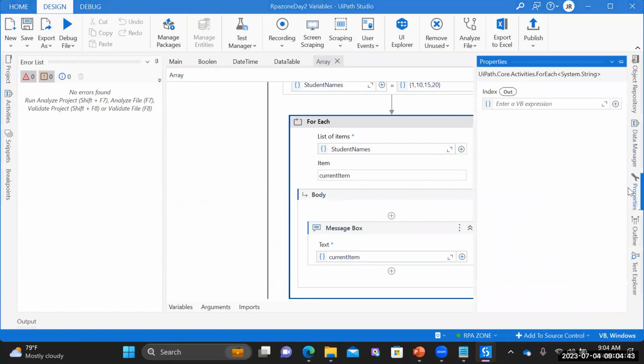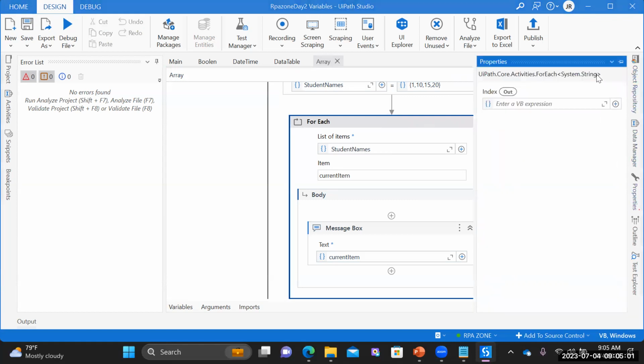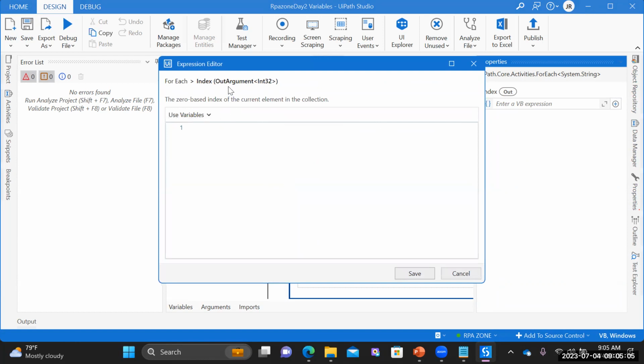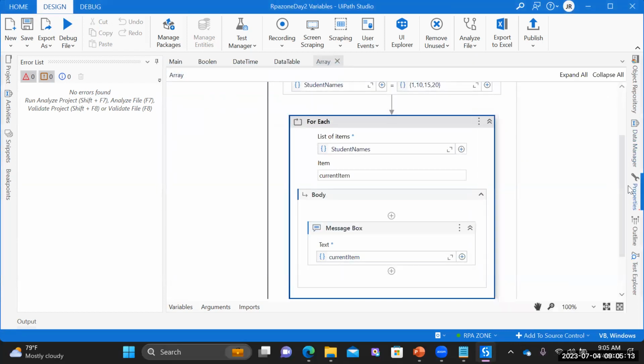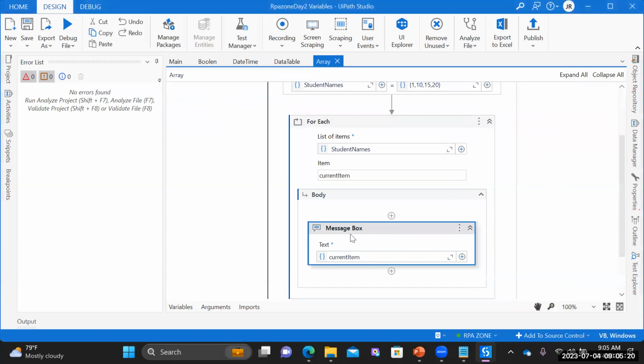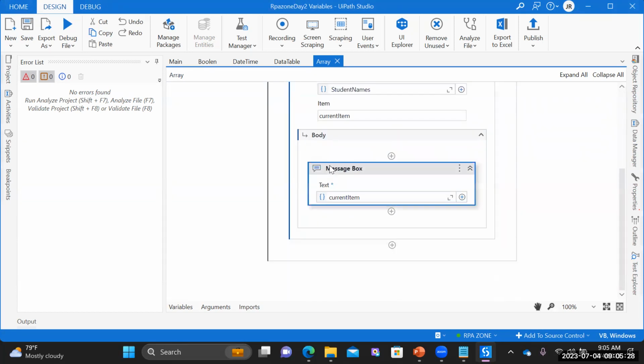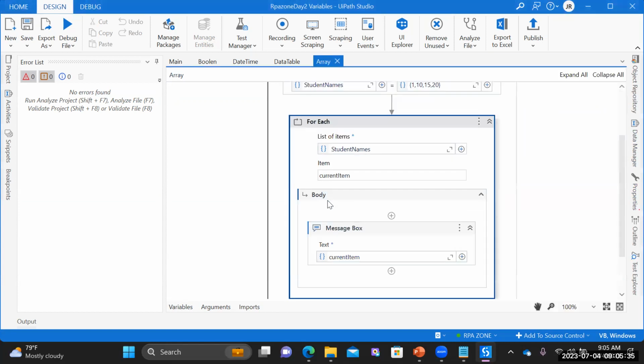What are the data manager properties? See, this For Each is System.String. It is in the string type, this For Each. It should be in the integer type, where we can change it. Let's see. We need to change the variable type? Not in the variable type. List of items, item incorrect. We can change it in the